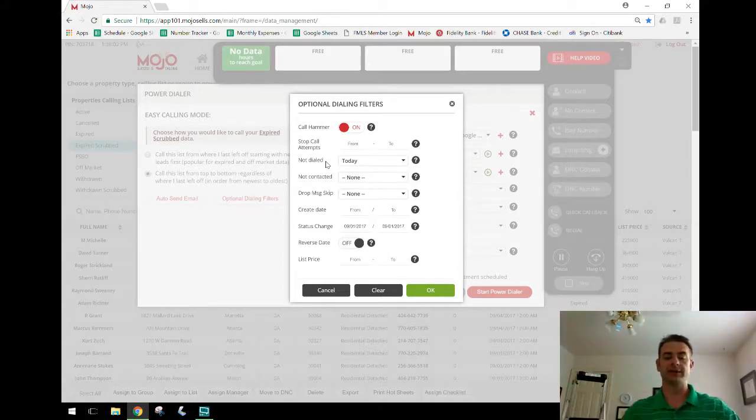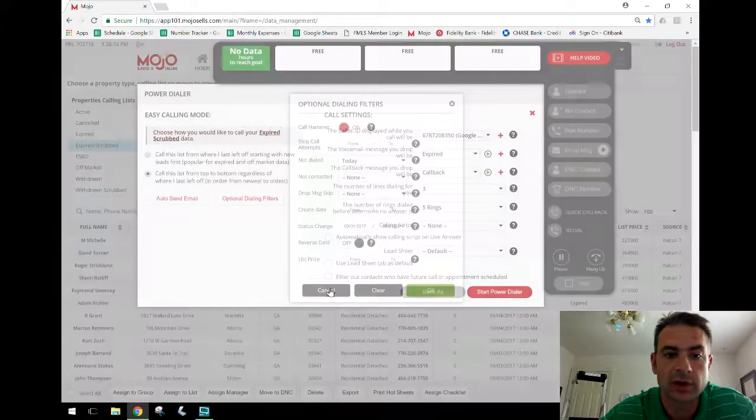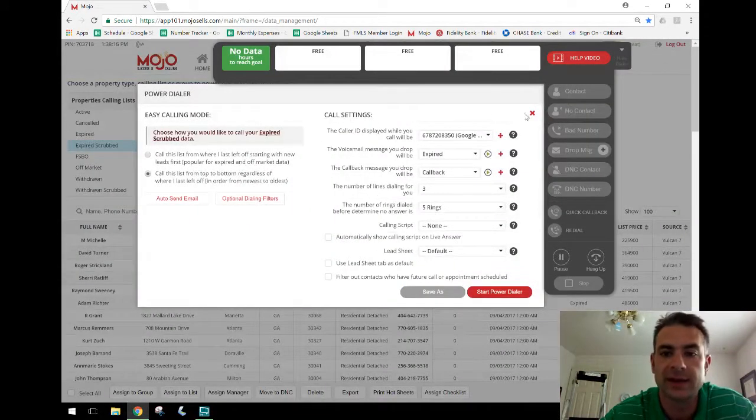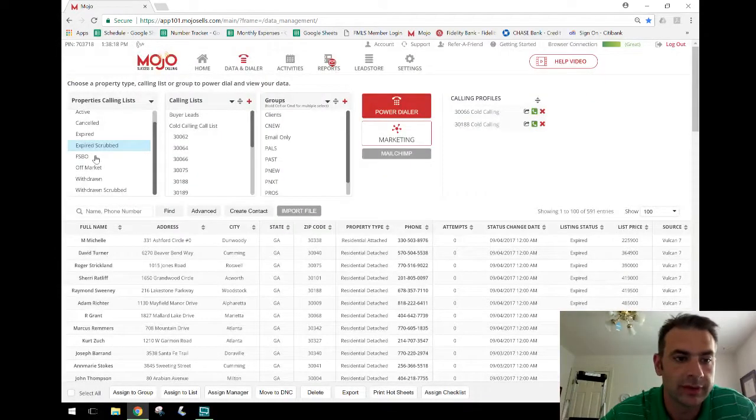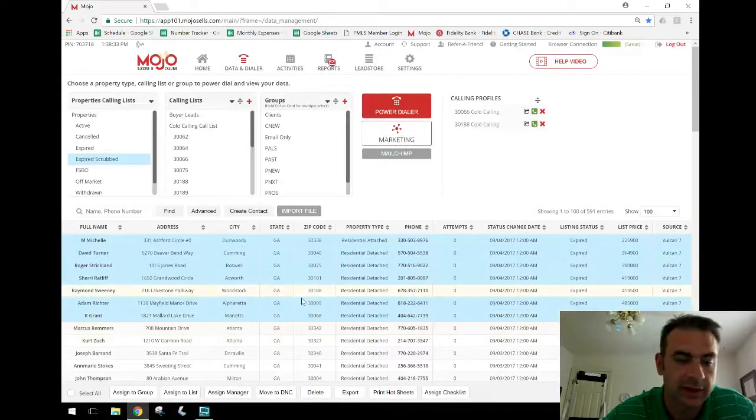That was roughly the 60 that were outside of my core market area, but are still in the area I call. So it made it easy to just make that change on the fly, just to make sure I hit my core market area first when there's a lot of data in there. Now I'll tell you one other benefit to using these sublists versus just going through and saying, hey, I'm going to call these, I'm not going to call that guy, or this, I'm not going to call that guy, is when